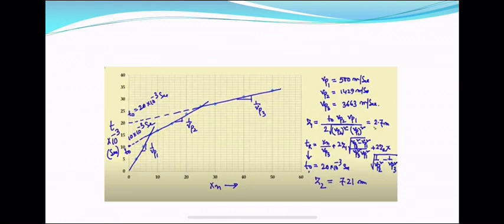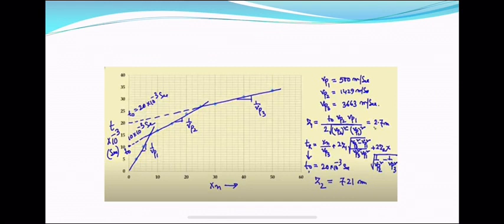So this derivation I have not done in the 3-layer system. Here we can do it for the n number of layer system. I have done the derivation for the 2-layer system, but you can extend it for the 3-layer system. You will get this type of expression of Tr. Here these are the 3 velocities of the waves and these are the thickness of each layer, that is 2.7 meter for Z1 and 7.2 meter for Z2.